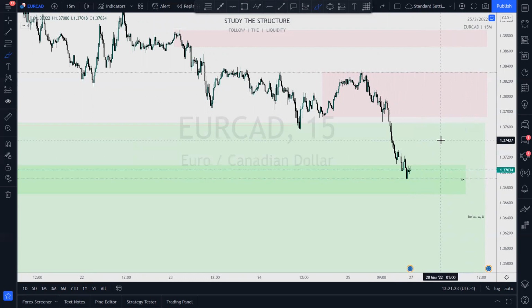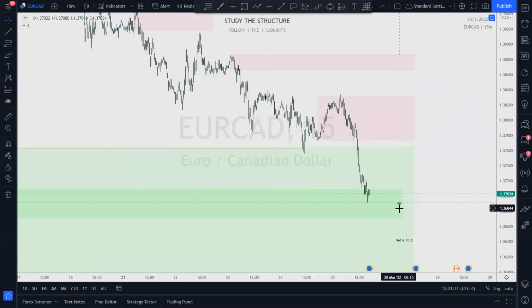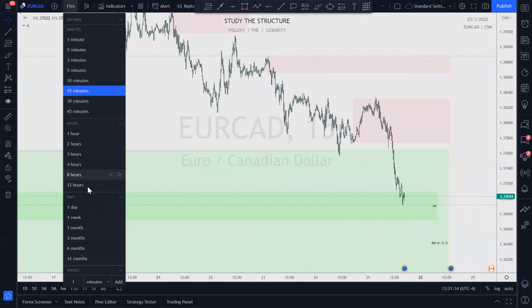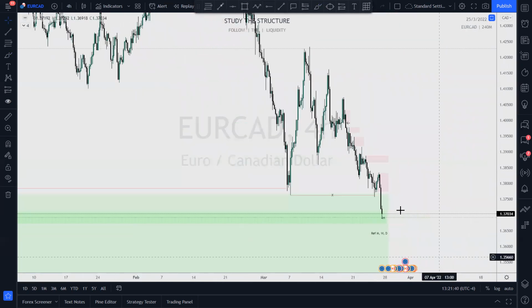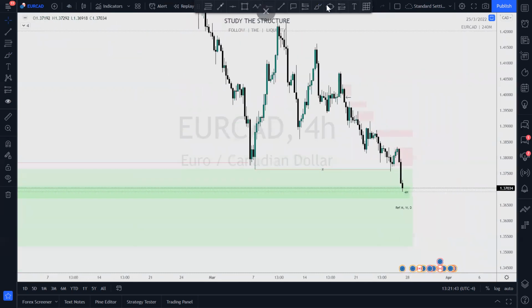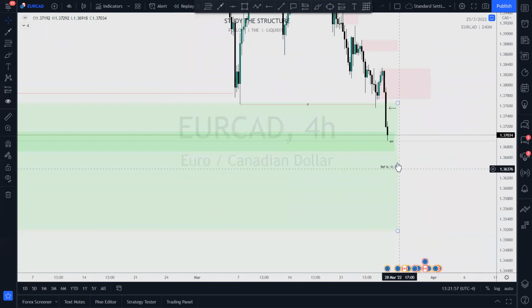I hope that analysis helps you. I hope it helps you see what I see. Okay. And to recap, I think this market is going to go lower, but after a pullback. There's a fair value gap here, an imbalance right here, on the way to supply. So I would like to see that filled. I would like to see price generate